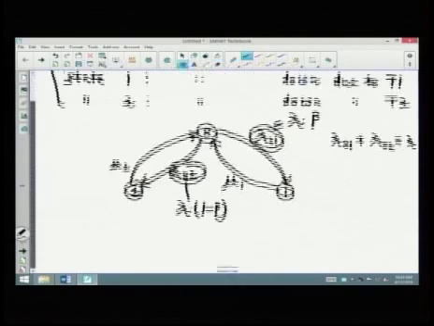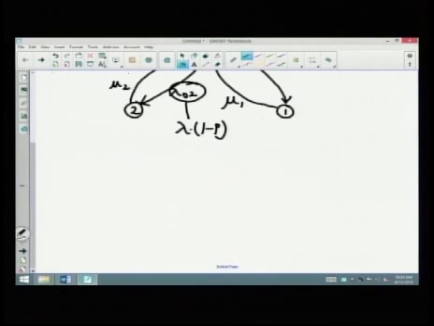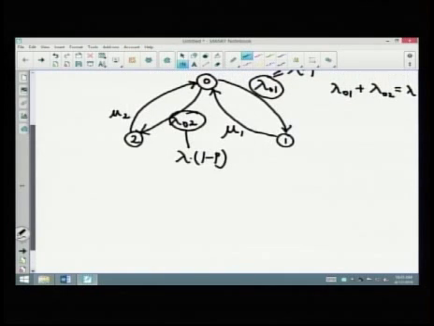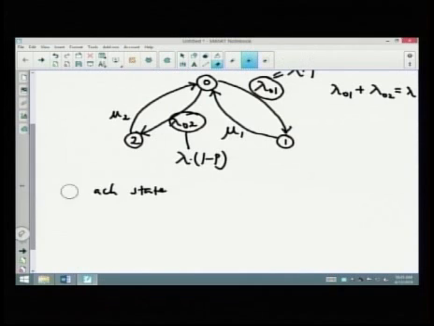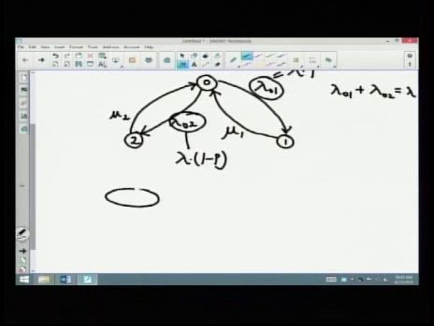So let's write a balance equation. For each state i, what you're going to do is write the left-hand side as the transition rate from each state i,